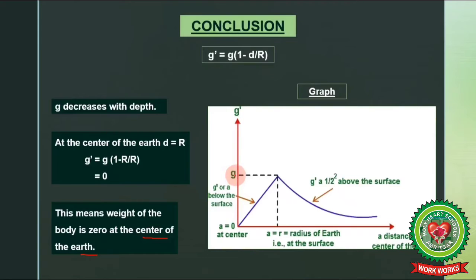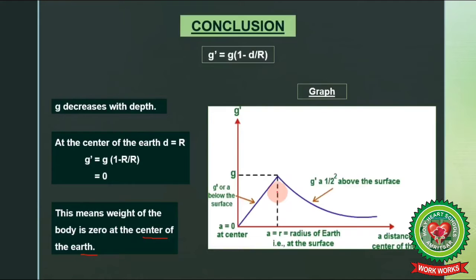meter per second square. As we move towards the center of the Earth, here you can see r decreased and it results in 0. 0 means at the center. The value of g goes on decreasing below the surface. On the other hand, when we move towards the height or altitude, means r increases, then also the acceleration due to gravity decreases.